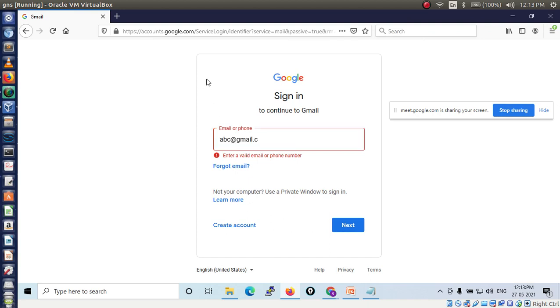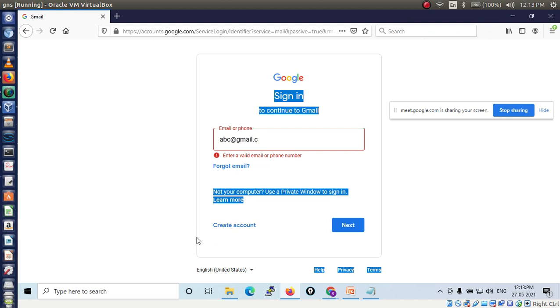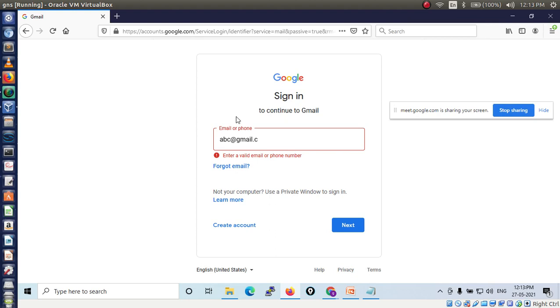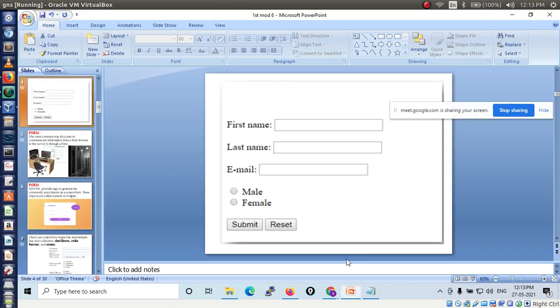So we are talking about form. See, this is a form. See here, one small border is appearing, so it is called a form. Understood? Inside this form tag we have different kinds of inputs. It may be text input, password input, checkbox, radio button, or text area, and so on. You can call all of these controls.